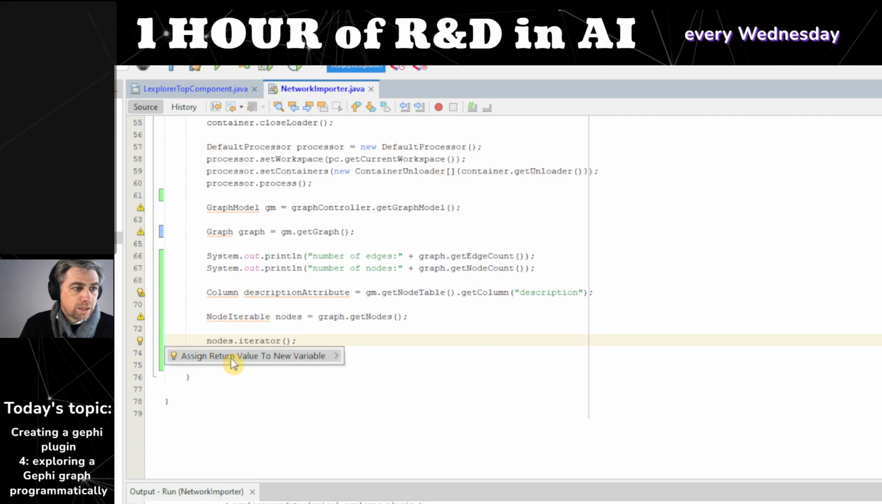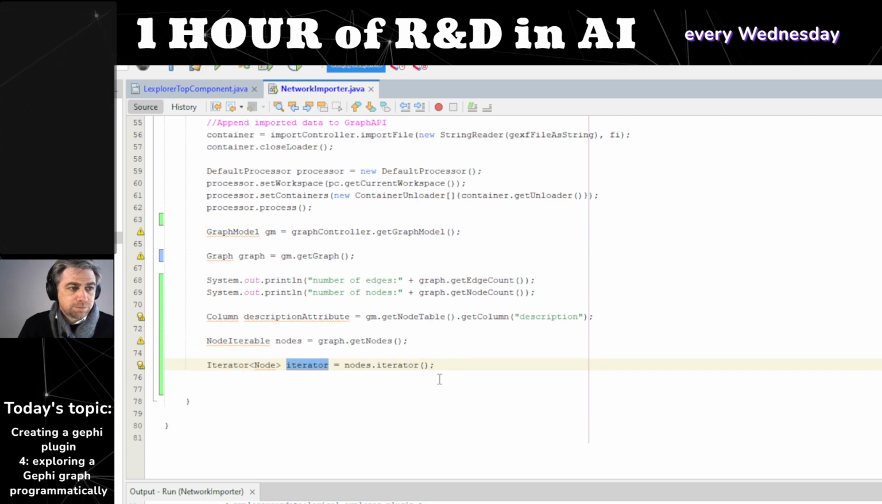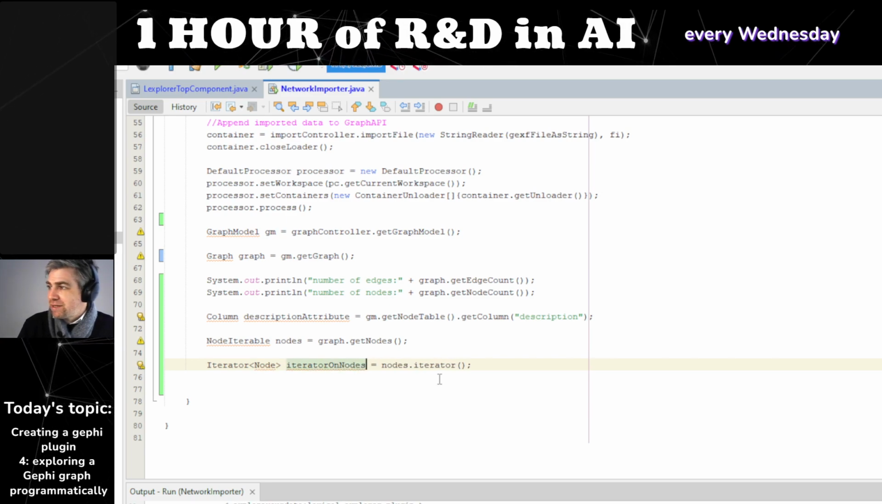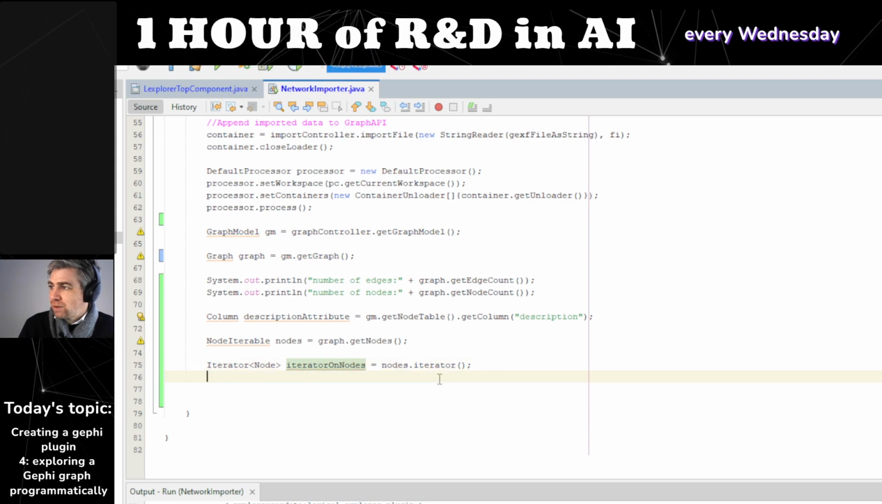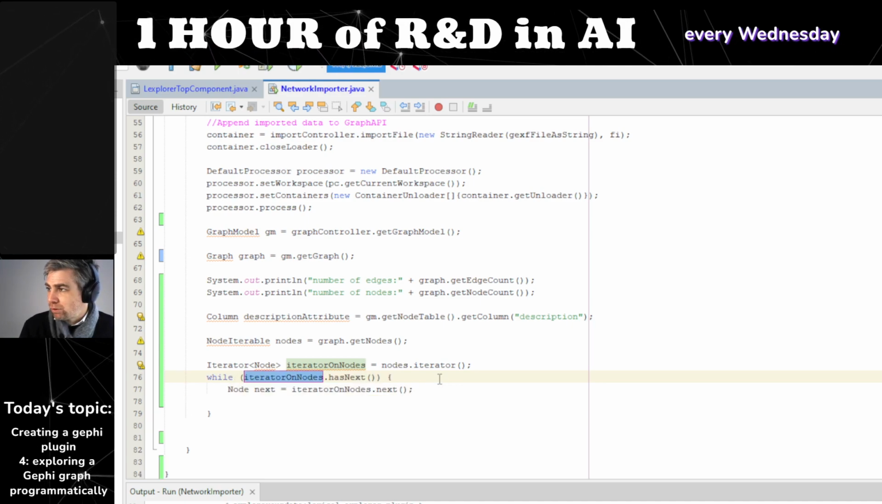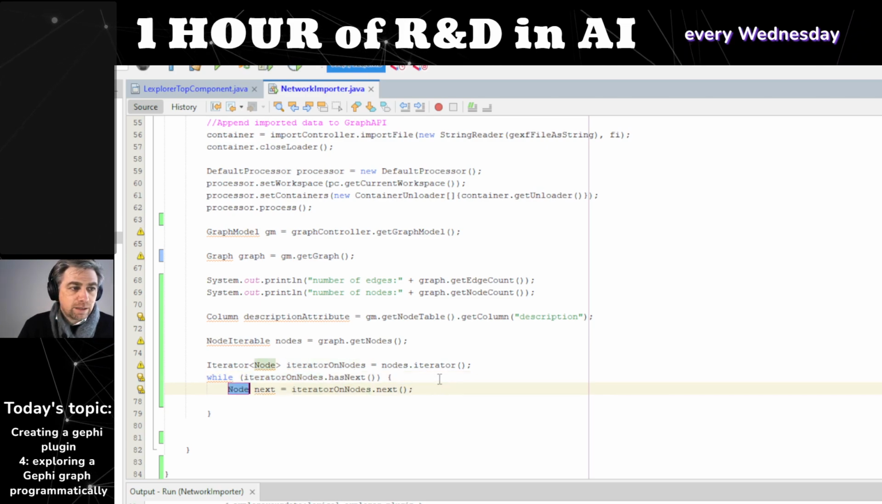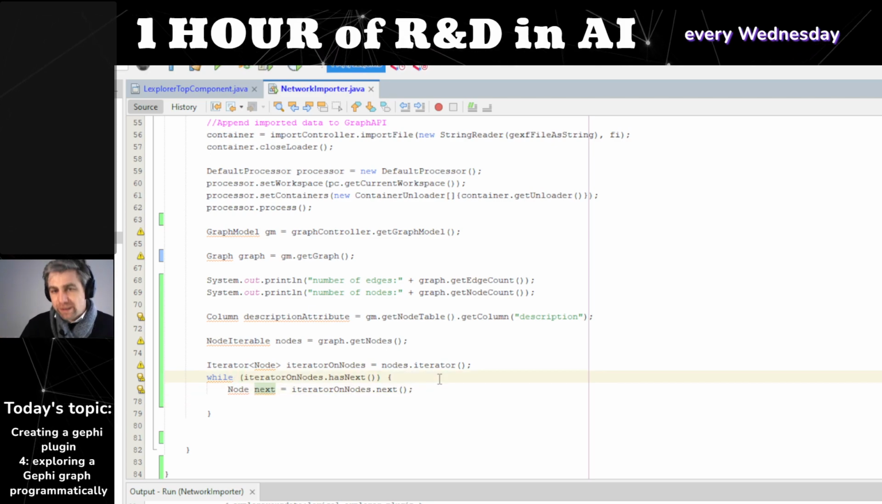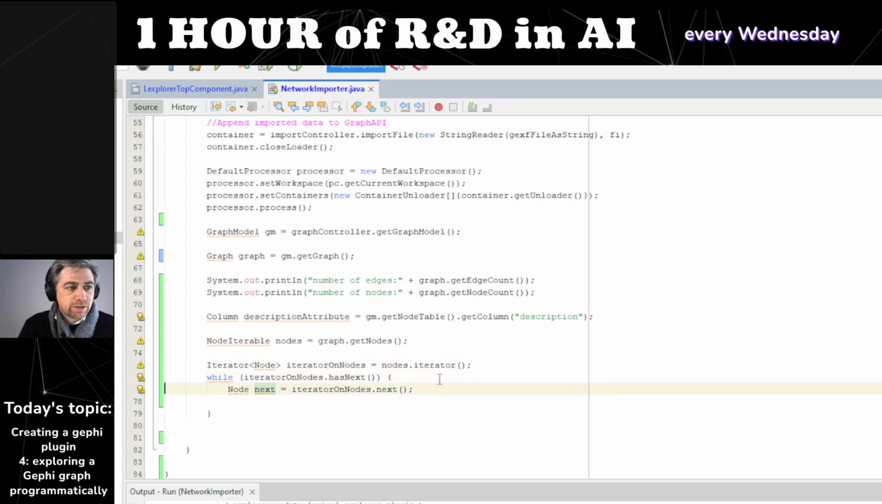And again, I leave NetBeans to fill in that. Iterator, I'm not going to call it iterator because, let's be super specific, iterator on nodes. And then there is a very nice shortcut in NetBeans. You just type "while it", and then the tab key on the keyboard, and it auto completes that. You just type "while it" for iterator, and it writes these 3 lines of code